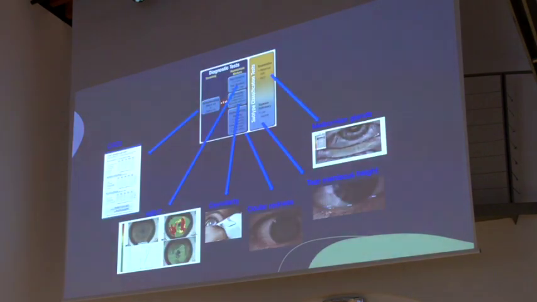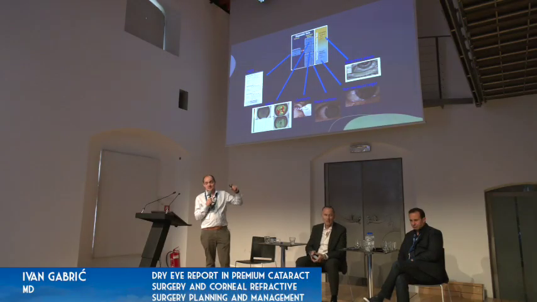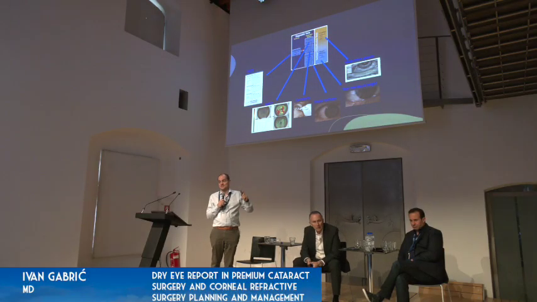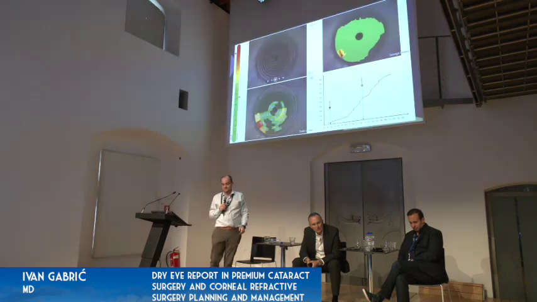Okay. Now, what goes into the report? You have the OSDI questionnaire. You have the non-invasive tear breakup. You can write in the osmolarity if you want. Redness, you grade. It even pulls up a little scale so you can select, because most people don't know what the scale is supposed to look like. And then you can evaluate the meibography if you have Antares or Sirius or MS-39 soon.